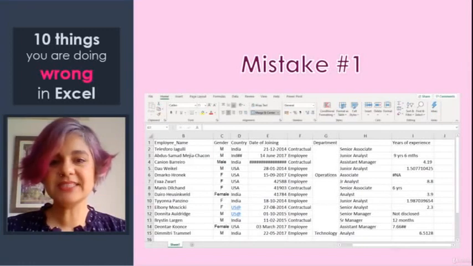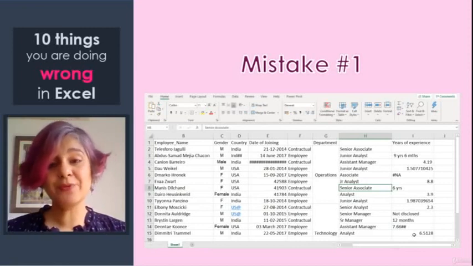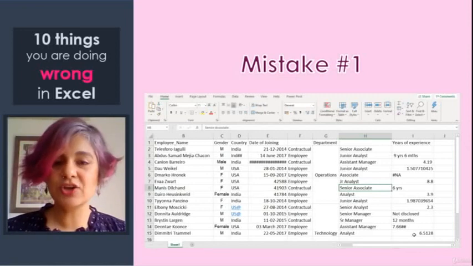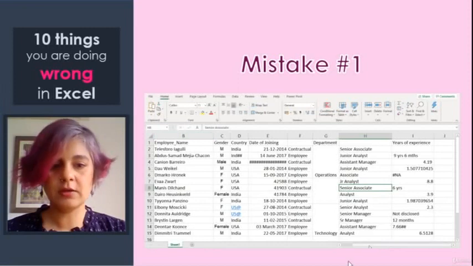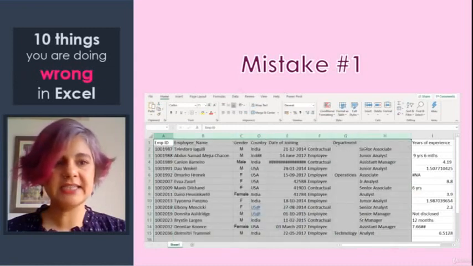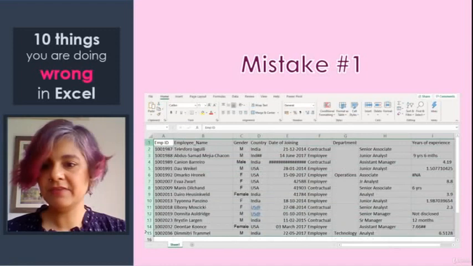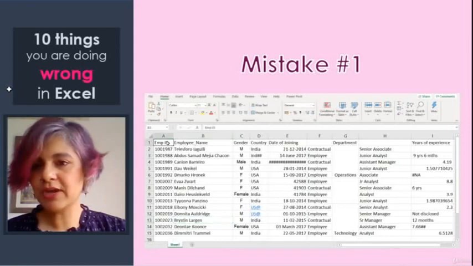So here you can see I have some data available. And typically, before I start working on this data, I will spend a couple of minutes just looking at the various rows and columns and trying to understand what is included in this spreadsheet. So over here, you will notice it starts off here. I have columns A to I, so 9 columns, and then I have 15 rows of data. And I'm just looking at the data and trying to figure out what this is.